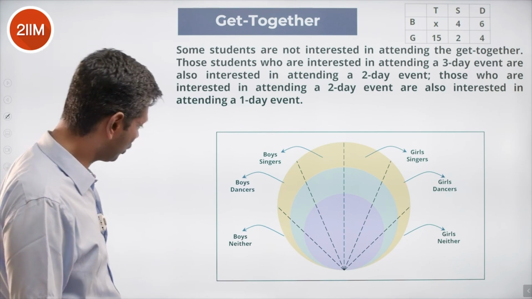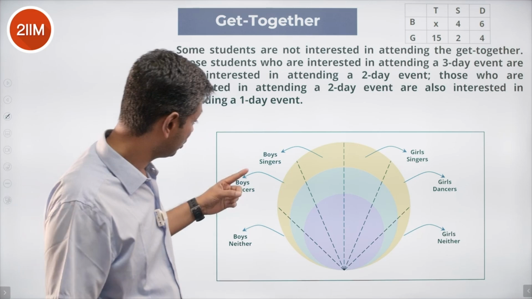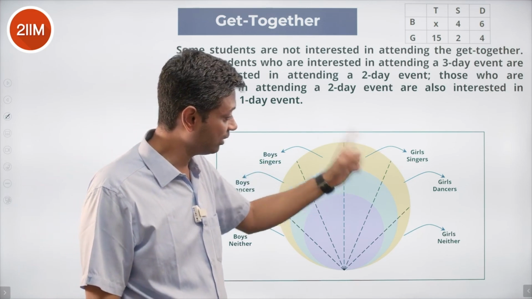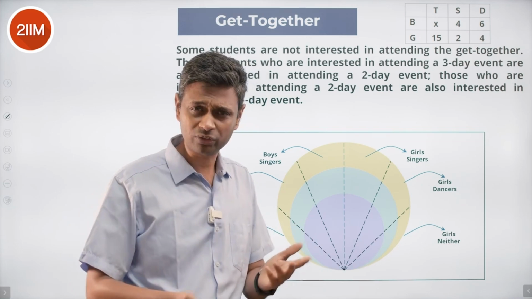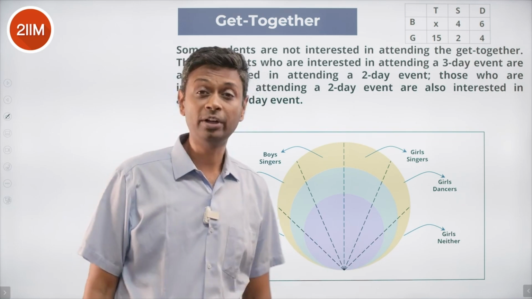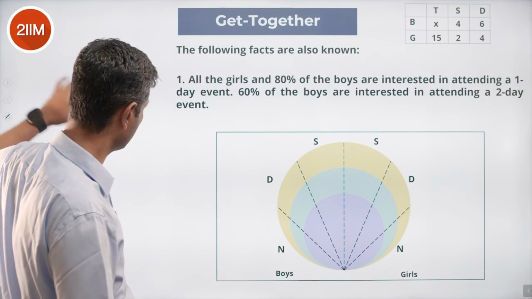And then we come to other conditions. So we layer it on and say for each of this 3-day, 2-day, 1-day, we could have dancers and singers, neither dancer nor singer. So we have layers of classifications. Some of these will probably never get the detail, some we may. Let's see where it goes. And now let's go to the conditions.